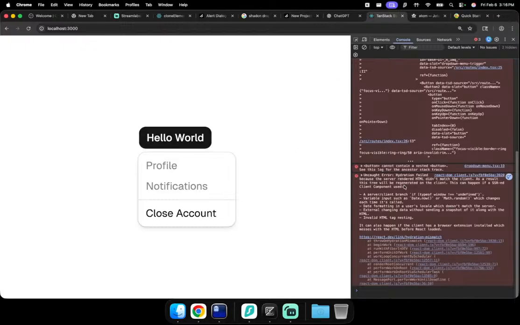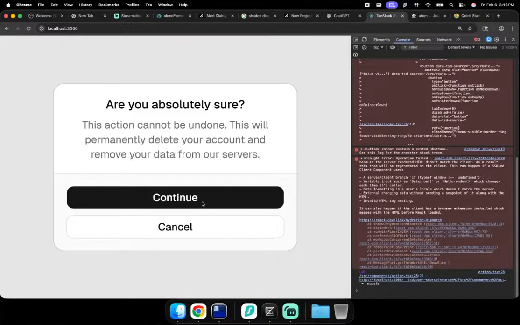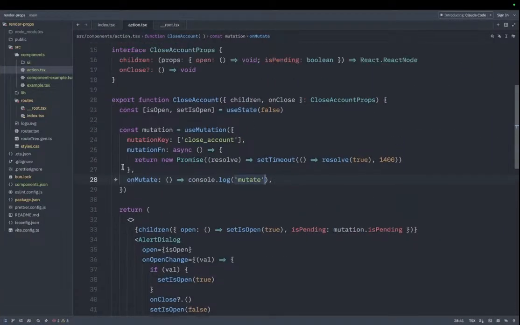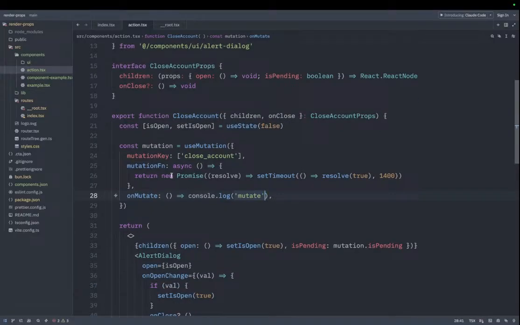It's kind of a silly thing, but okay, so it is calling mutation, but is pending is not working, and I think it's because